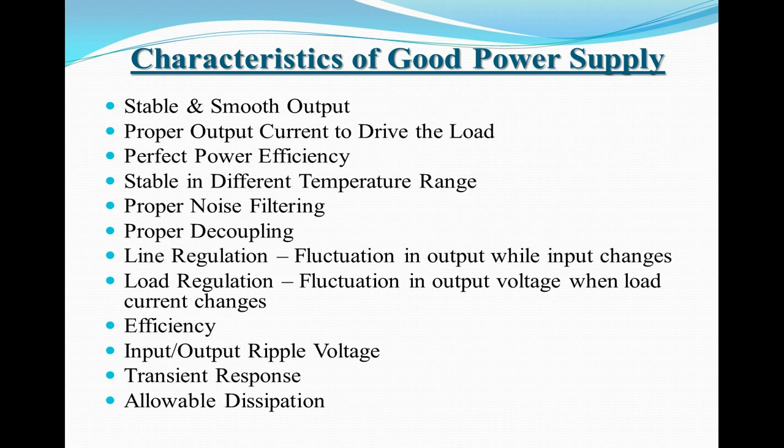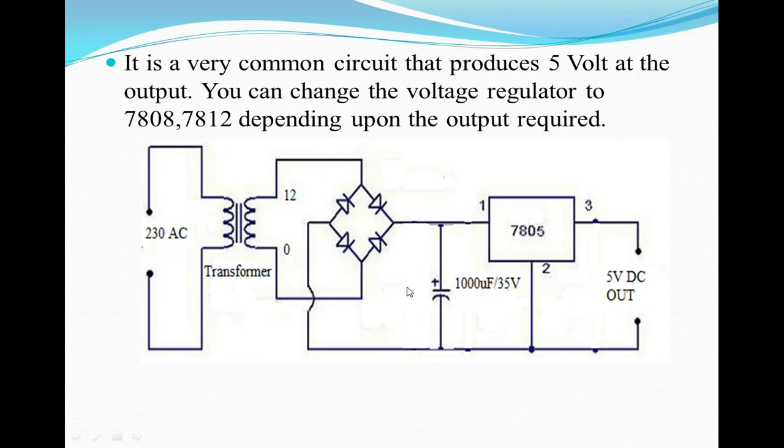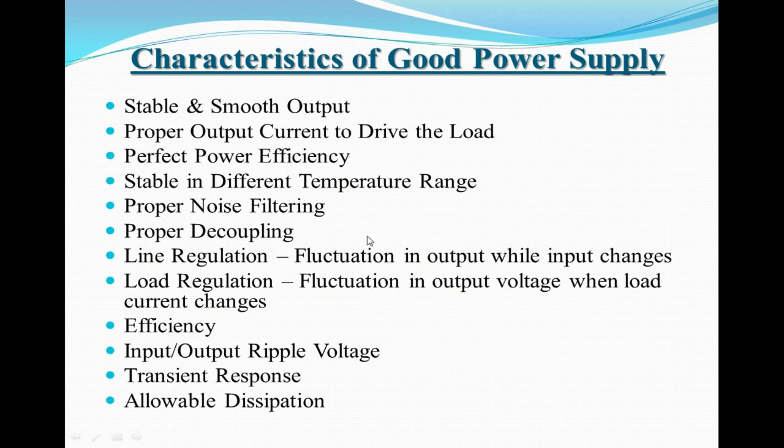Now to get this diagram, first you need to make the circuit diagram. You need to take those particular devices, those components, to be placed onto that particular PCB board. You need to solder it, and then you need to check whether the output at each and every component, that is transformer, rectifier, voltage regulator, output filter, whether you are going to get the output voltage accordingly or not. So it is very common that it produces 5 volt at the output, and you can change.